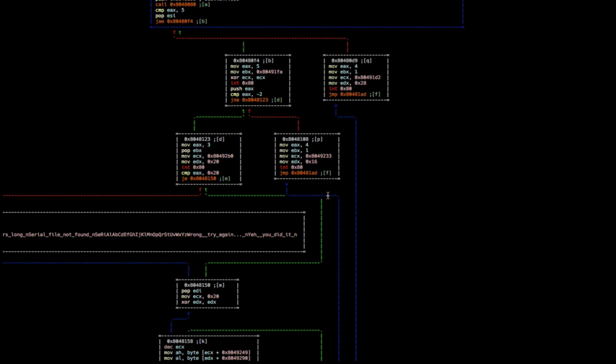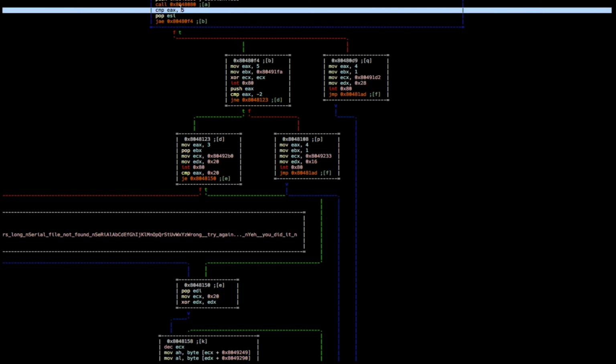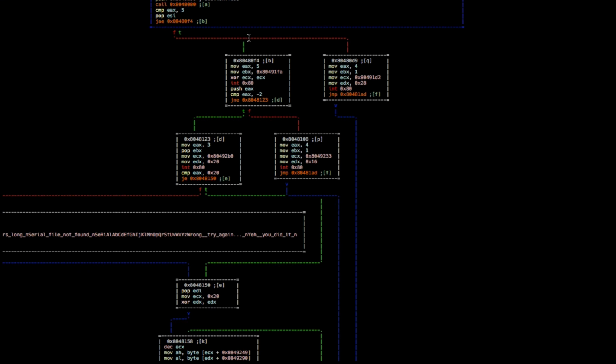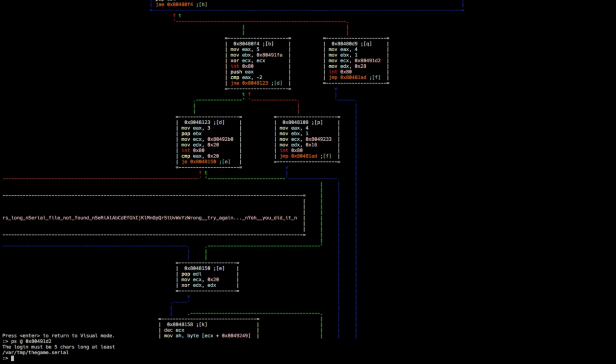So where are we? Here we are. We've compared our username length to 5. If it's not 5, we end up in here, which is another write, and it's going to write "the login must be 5 characters long at least." Then we end up here, and if any jump from now on ends in 81AD, like that one, it means you've done something wrong and we're going to quit,